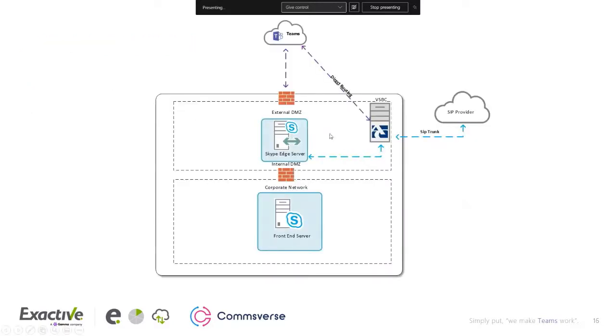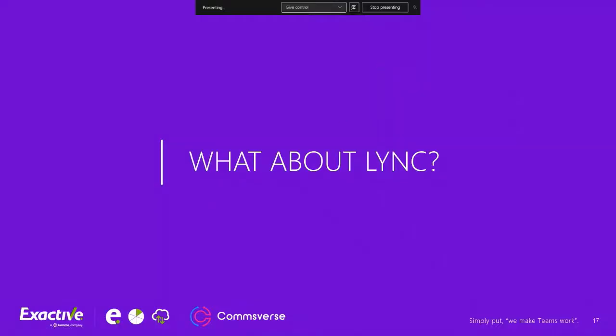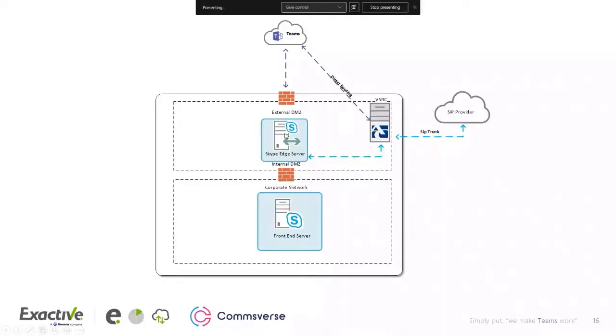So here, for example, you have your Standard Edition front end or Enterprise Edition, completely up to yourself. And then you also have your Skype for Business Edge server. And normally those can just go out and talk to public traffic. But here specifically, we've enabled the hybrid to Teams, which is great.